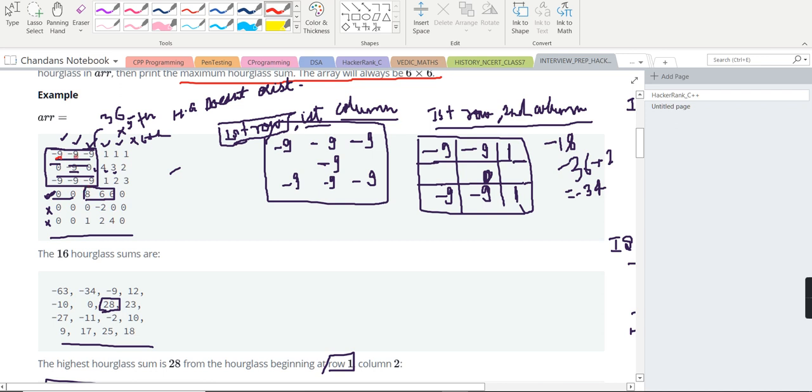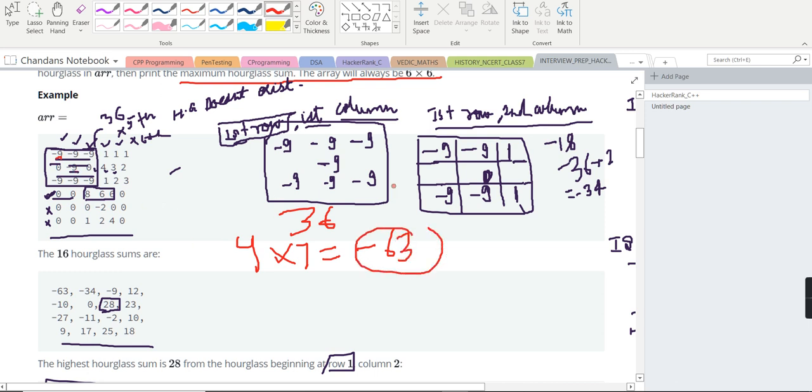So if we add all this, 9 plus 9 minus 9 plus minus 9, like that, then we will get here, in total, 63. So after adding, we are getting minus 63.